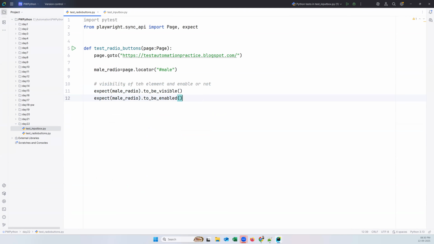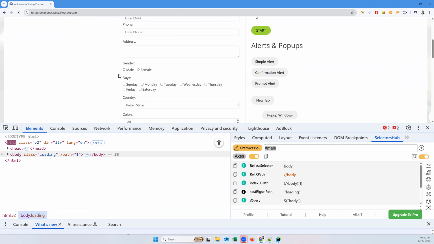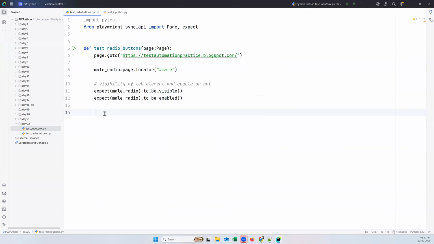And after that, we can also check whether it is already checked or not. So as of now, it is not checked, right? So by default, none of the radio buttons are checked. So I want to verify the default state of this element. So by default, it is not selected. That means it is not checked. How can we verify that? Take this element,